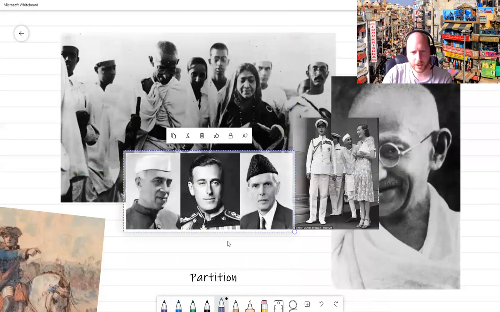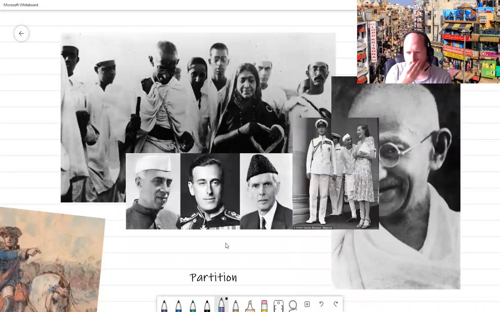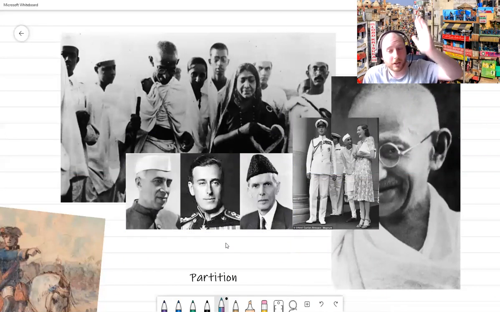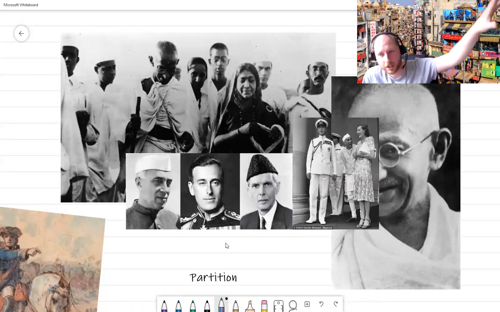The man in charge of India at this point, Lord Mountbatten, decided that he was going to leave. The British government by this point, World War II was over, and we had promised that we would leave if they helped us in World War II, and India did. So in 1947, he decided to leave, but not simply. He said, right, I'm going to leave, but I don't want you guys fighting, you Muslims and you Hindus. So what I'm going to do is split you into two countries. We're going to call one India. We're going to call the other one Pakistan. And I want all the Muslims to go up to Pakistan, please. And I want all the Hindus to come into India.